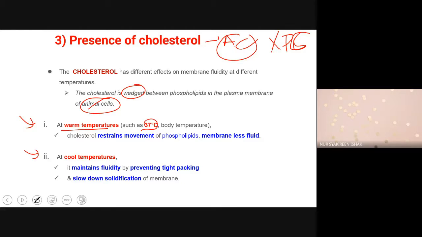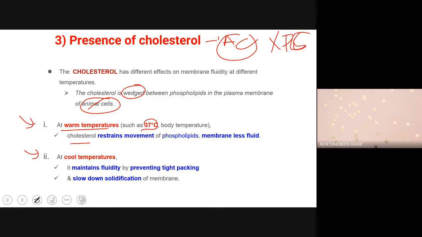This is the ideal temperature of your body for enzymes to work. As you know, your plasma membrane contains proteins that also function as enzymes. So cholesterol at warm temperature, the function of the cholesterol is to restrain the movement of phospholipid and the membrane becomes less fluid. Biasalah kan, kalau macam contohnya, if molecules, you increase the temperature, you imagine the molecule,